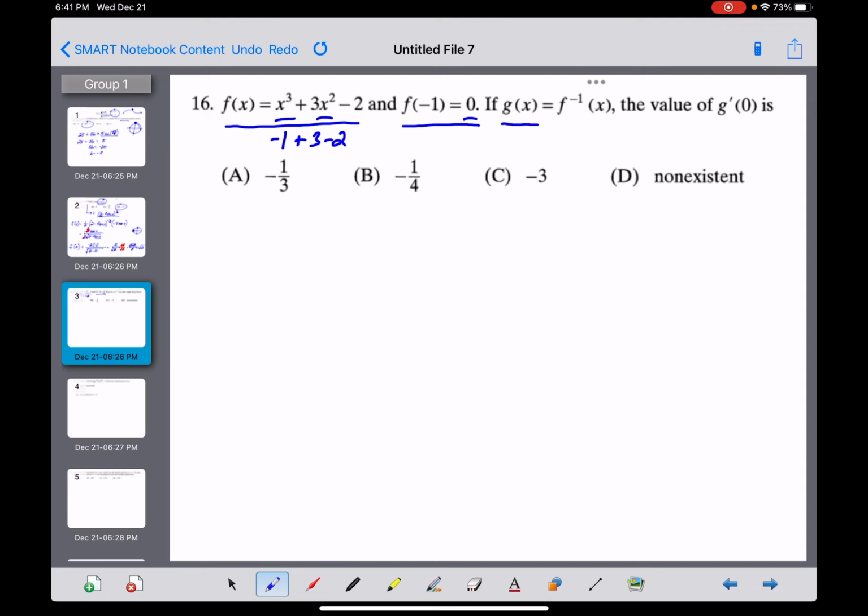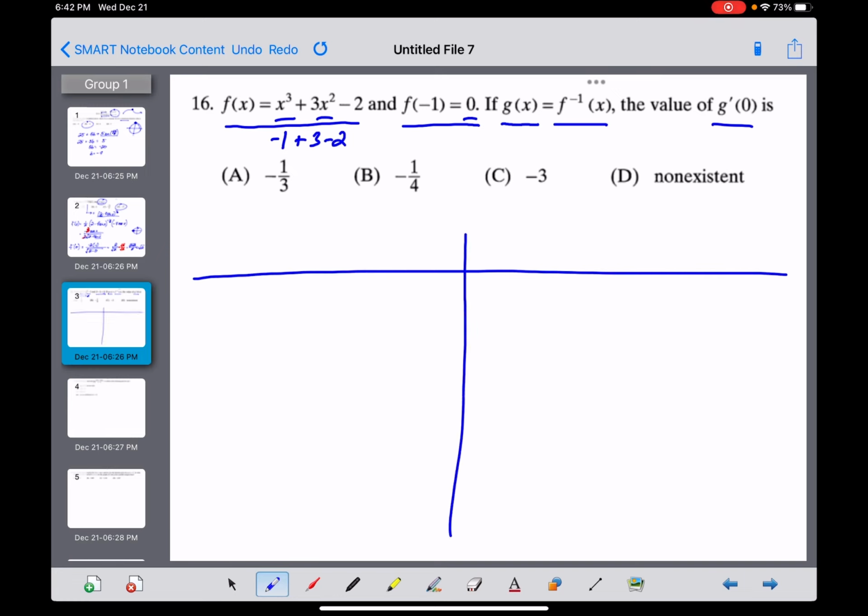They're telling us that g is defined as the inverse of f, and they want us to find g prime of 0. So what is this problem, guys? We're dealing with a function and its inverse. They want us to come up with the value of the derivative of a point on the inverse. So if this sounds familiar, this is the kind of T-chart problem that we did with inverse derivatives late in